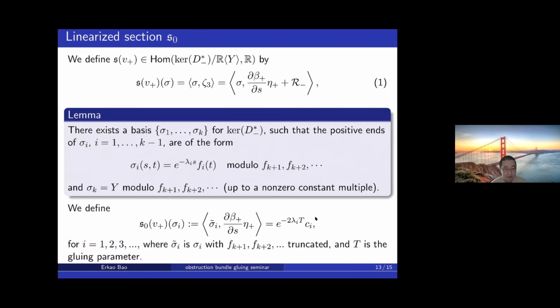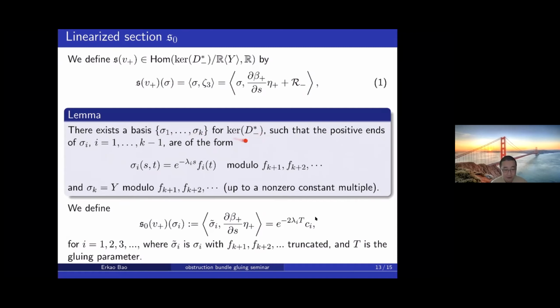So now this is the obstruction section. Then we'll move on, as Michael explained. We also want to construct the linearized section. So that's the next thing I will do. First, the lemma says there is a basis sigma 1 through sigma k for the kernel of the adjoint d-bar operator,